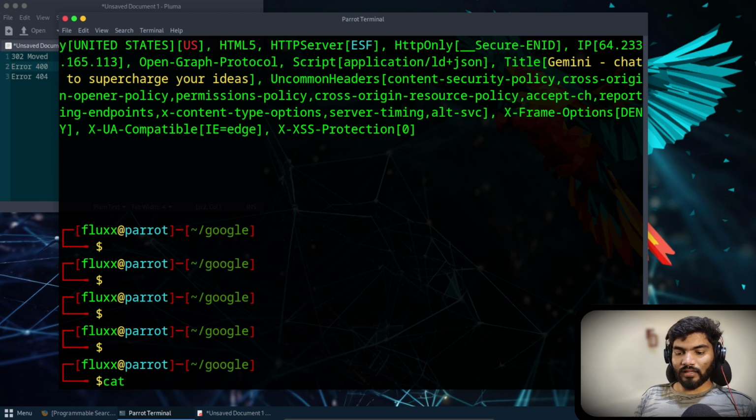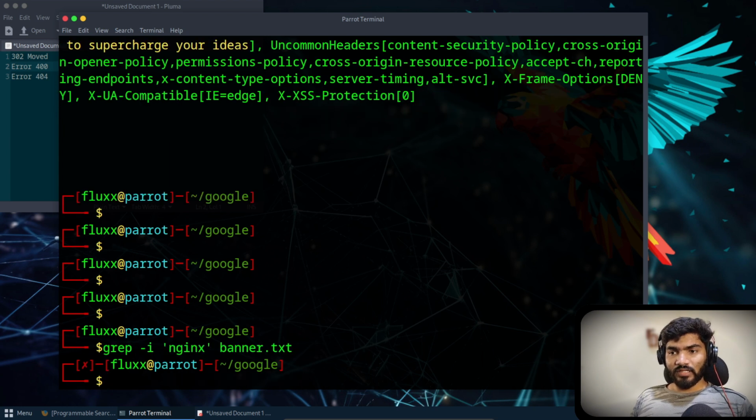You can say cat banner, or you can simply say grep, then dash i, then the keyword. Here I'll say nginx, and then I'll mention the file which is banner.txt. It will give me output which has nginx in the line. Right now there is nothing for nginx, so I'll just say